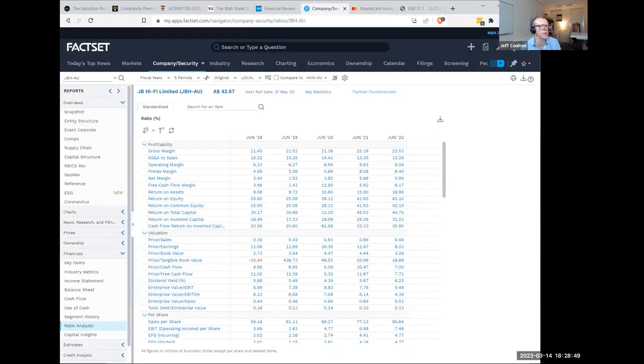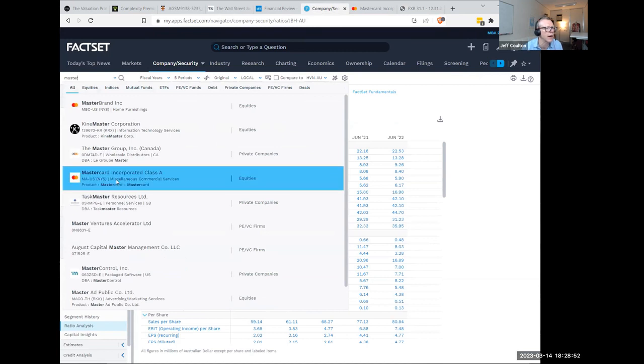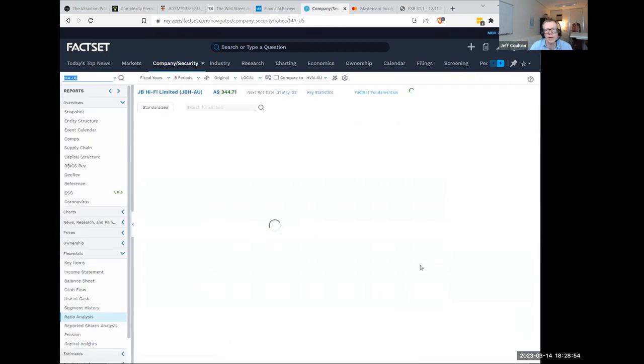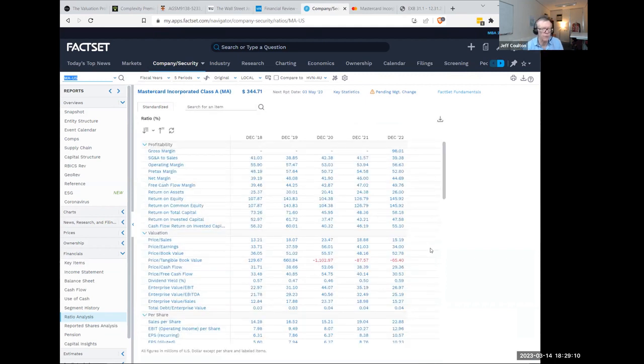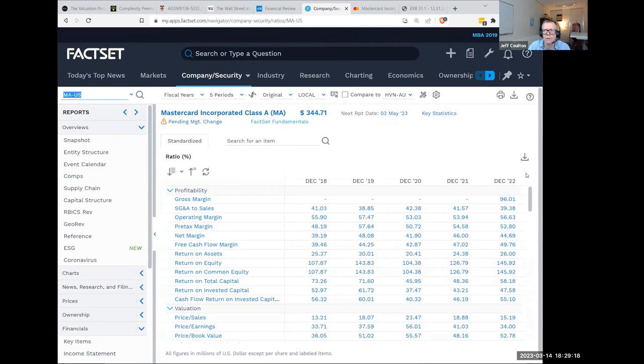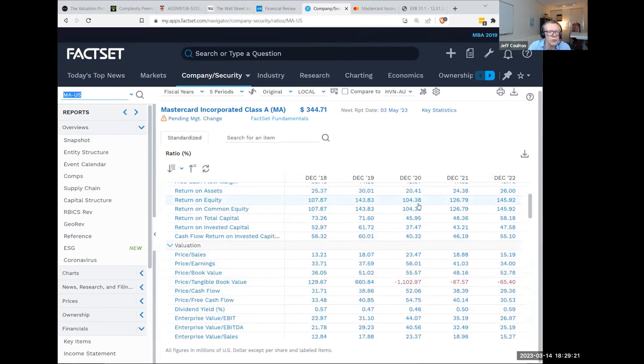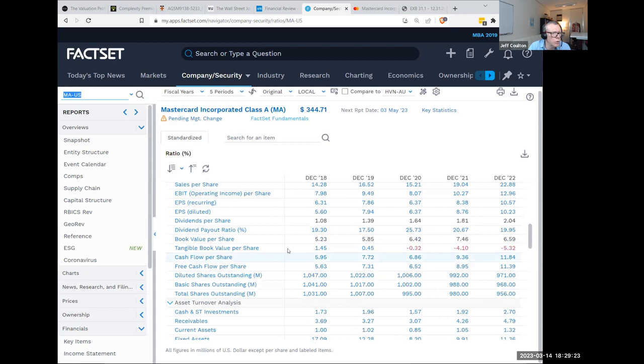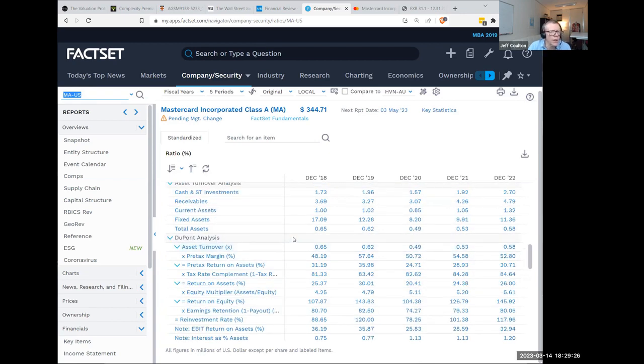Now, let me just go, I've got facts set up. Let me go to MasterCard, and we can have a look at that. I'll try and make this large enough for you. And we can see if some of the other ratios make more sense in terms of the numbers. Let me make that a little bit larger. Okay, so we can see these numbers. Yep. Okay, so margin, sales, per share, I'll go down. Okay, so